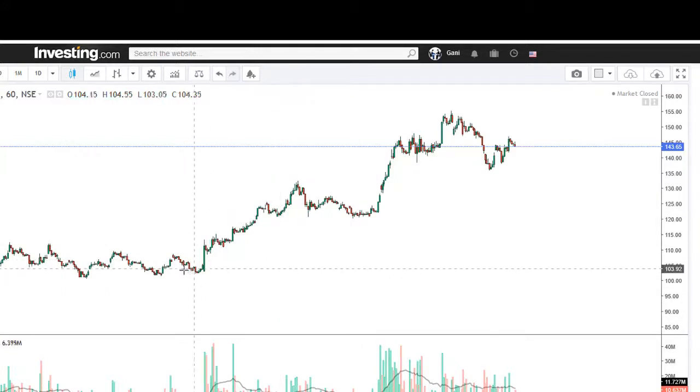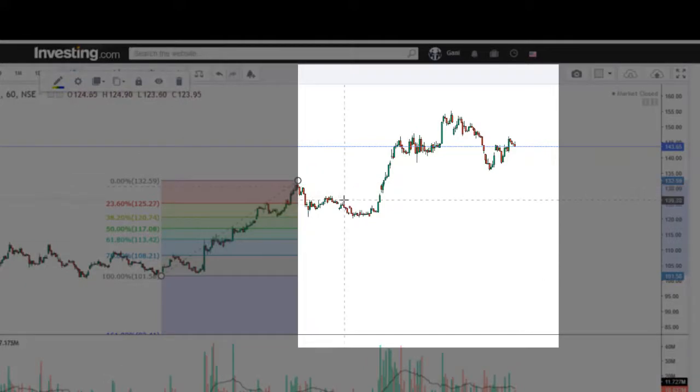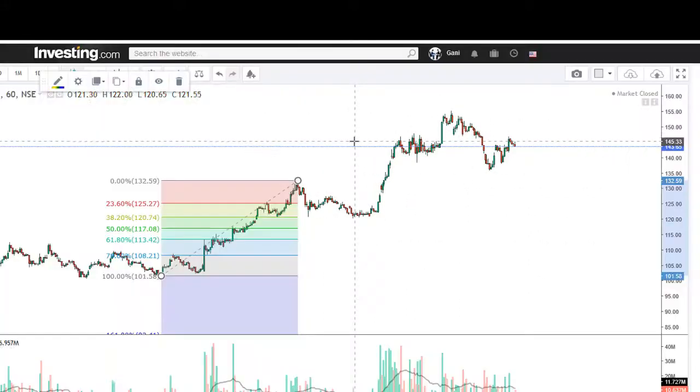The swing low that recently happened was here, and the swing high was here. Let's assume this is our swing high. The price you are seeing on the right, let's assume that has not happened. So when we draw the swing high and swing low, you can see we get Fibonacci levels, right? So we are looking to enter a trade if the price drops down to 38.20 and 50, if it has a